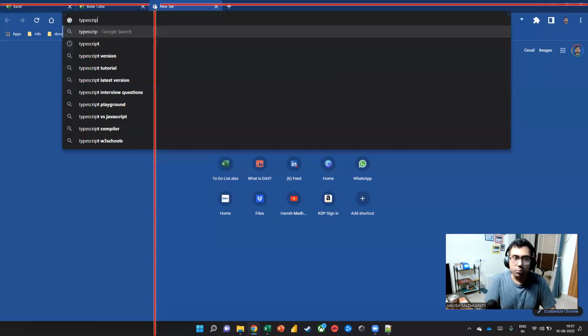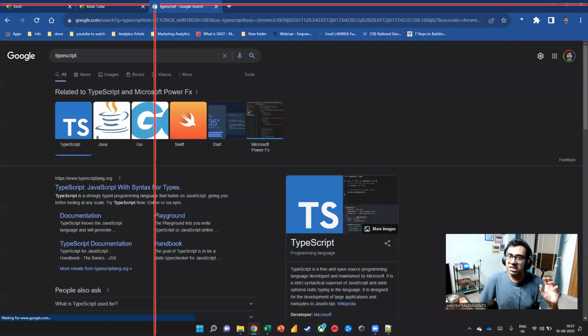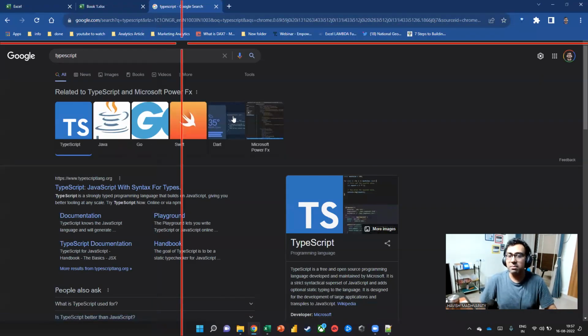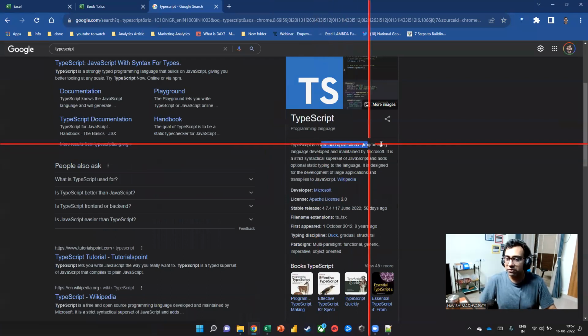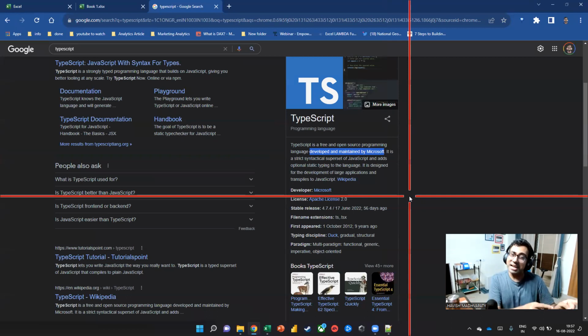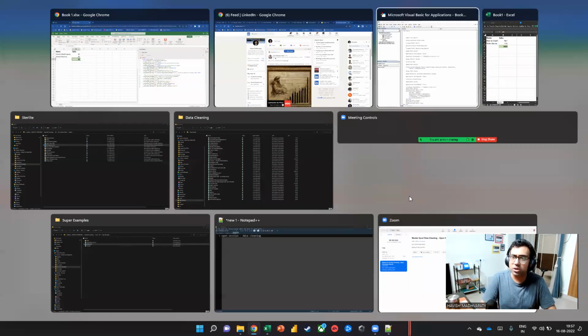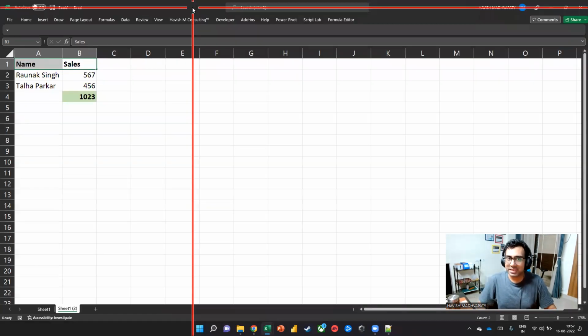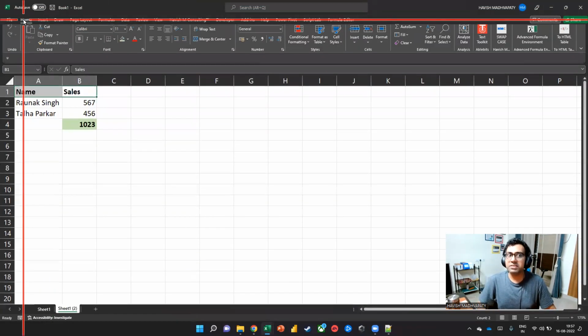TypeScript is a language which is based on JavaScript. It has been created and it is being maintained by Microsoft. As you can see, it is a free and open source language developed and maintained by Microsoft. Can you run TypeScript and JavaScript directly within Excel desktop? Absolutely. If you notice on my Excel file, we have something called